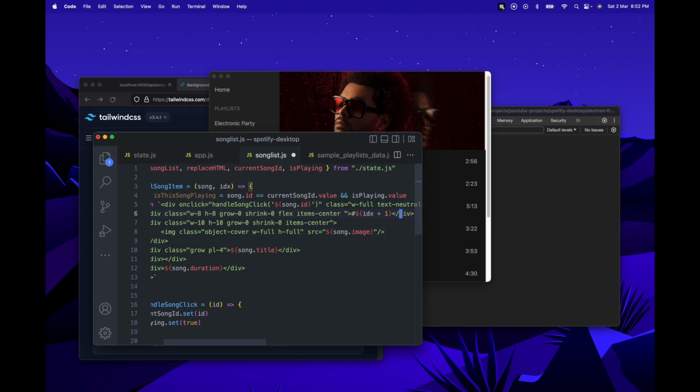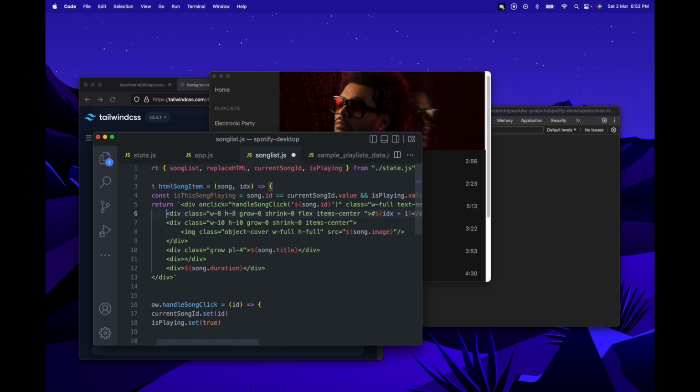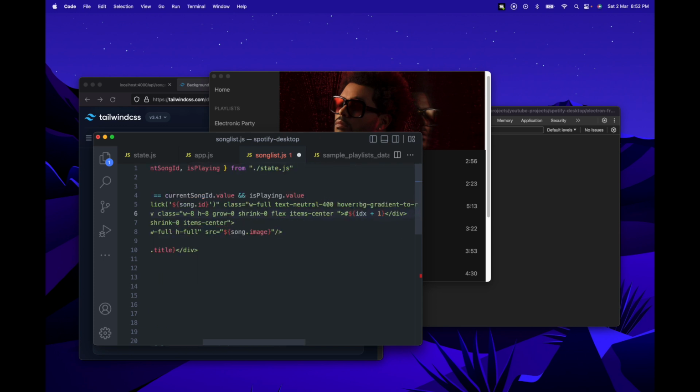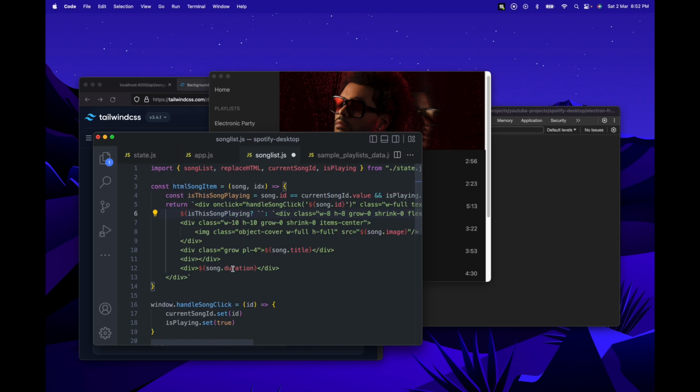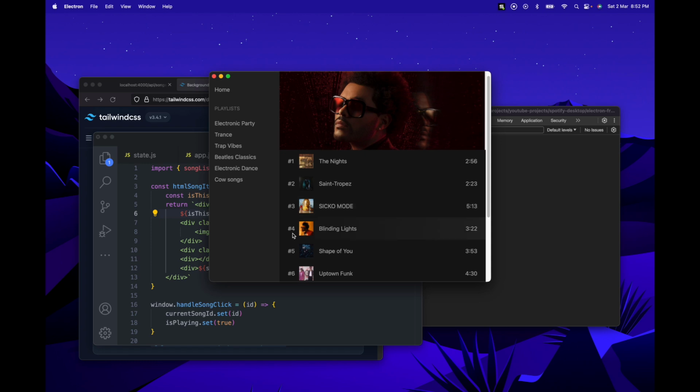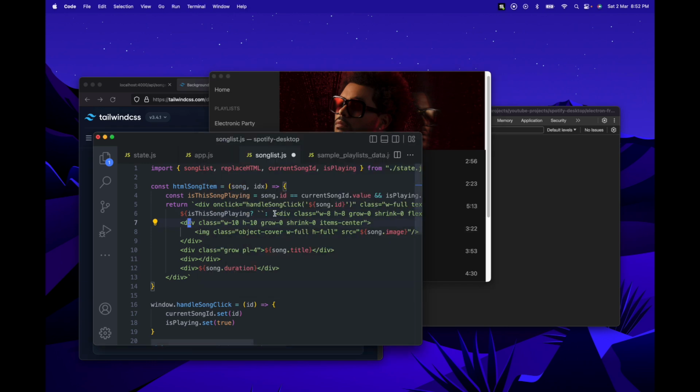If that is the case, we can go over here and do something like this. So if the song is not playing, this is going to be rendered, but if the song is playing,